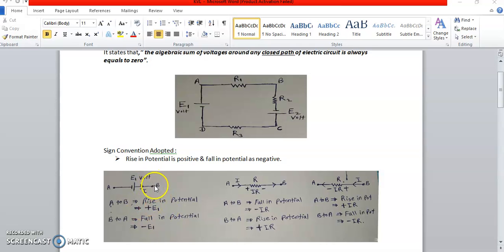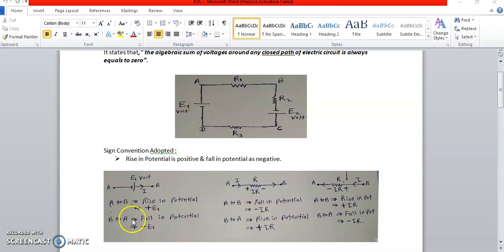And if we traverse from B to A, there is a fall in potential because we are moving from positive to negative potential, and hence it is written as minus E1. For this same circuit, if we assume the current flowing in this branch is from B to A, then traversing from A to B results in the rise in potential only, and it will be written as plus E1. And while moving from B to A, there will be a fall in potential and it will be written as minus